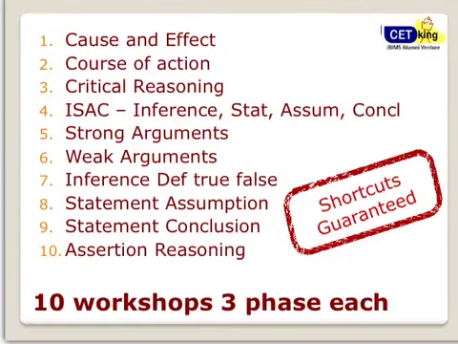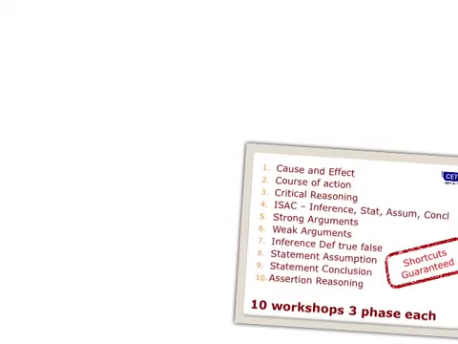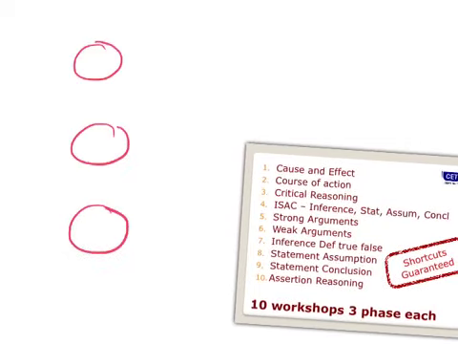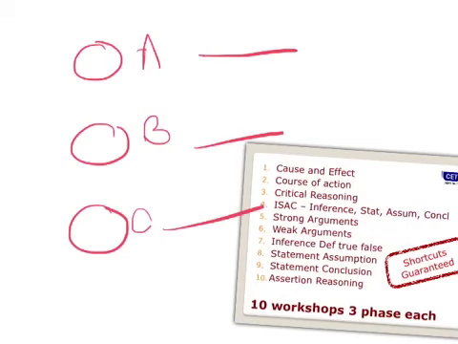Alright, so these are the 10 workshops we are going to cover over the next, if you are joining us. And the main problem of this topic is, if you pick up any book, there are a lot of famous books in the market, I don't want to name them. But for example, if I pick up that book, XYZ book, the same question is repeated 3 times. First, the answer is A. Second question, same question, answer is B. Same question, answer is C, with a different explanation for everything. Fine. That's the main problem with this topic. Even if you follow some book, you will get a different answer in the same book only, because every person की सोच अलग है.